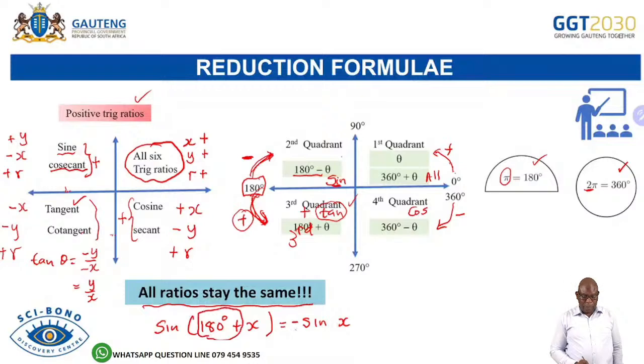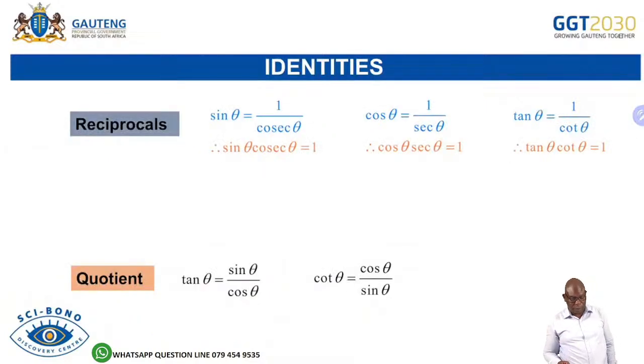So why am I putting a negative? Because the 180 plus falls in the third quadrant. The third quadrant, only the tan is positive. The rest are negative. So that's why we have a negative sign. When we do activities, I'll show you what we're talking about here. The identities, they are there in